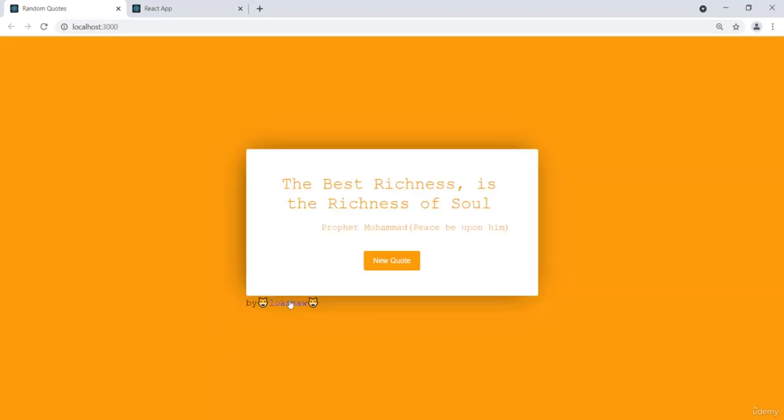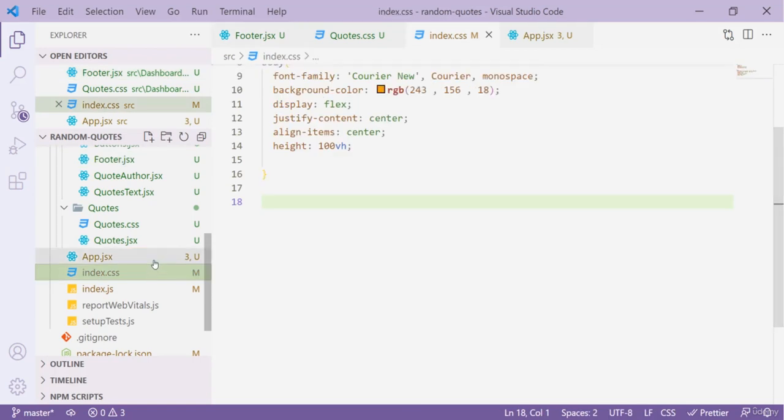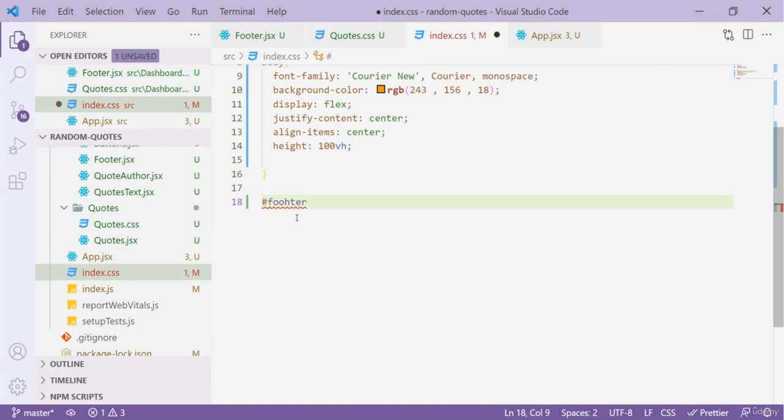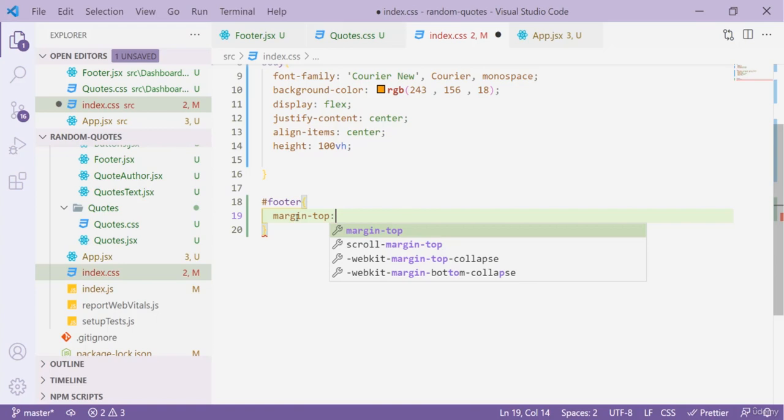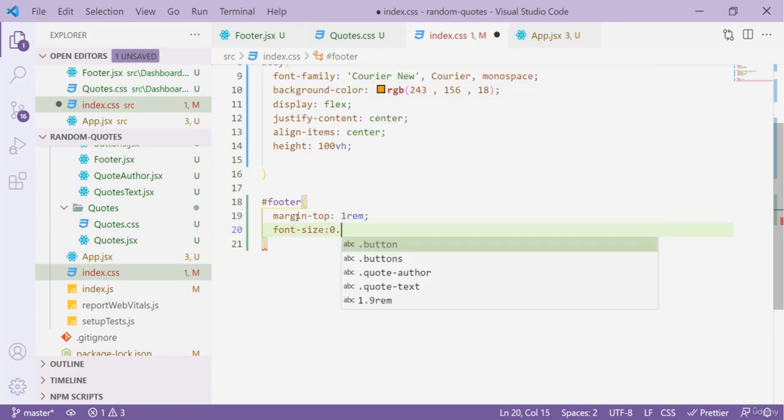Now here is our application with our name and all that, but since it has no CSS, it is not looking quite nice. So head to your CSS folder, and this time we need to add the code into our index.css because we are calling our footer in our app.js. So we'll be targeting our footer, and since this is an ID, we'll be using a hashtag. Now we'll give it a margin top of 1 rem and a font size of 0.9 rem,